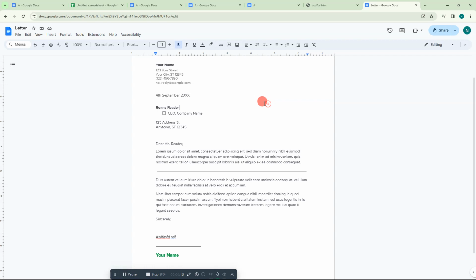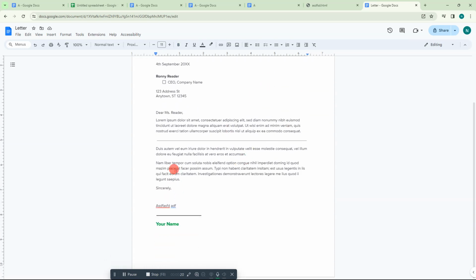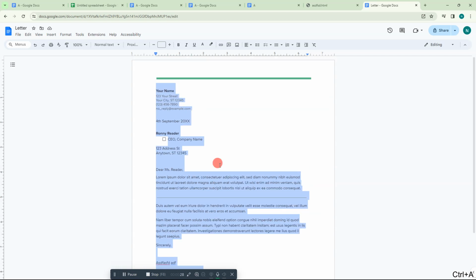Okay guys, so here we are. This is my Google Docs, and if you want to reduce your line spacing, we need to select that content, or you can select all by hitting Control plus A. Okay, then here you can see this icon. If you don't find this icon here, you can go